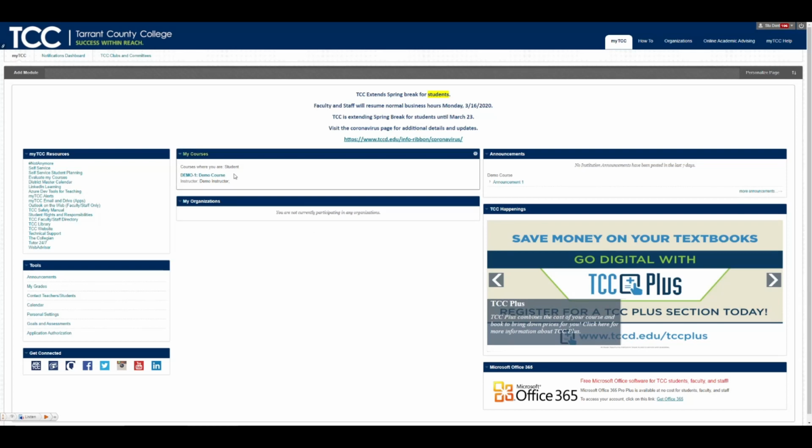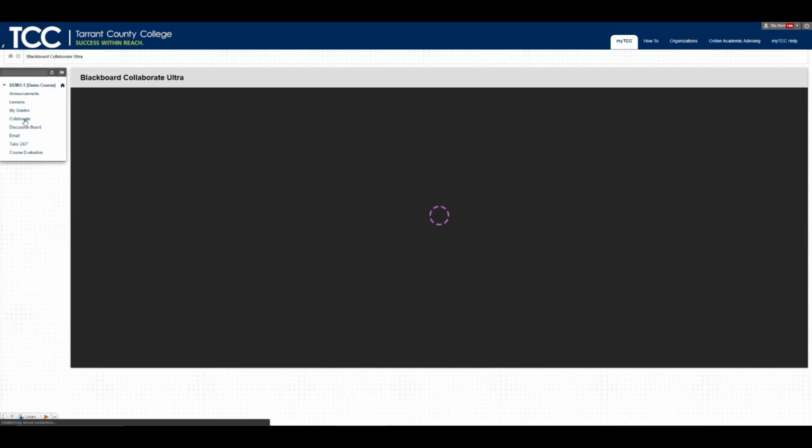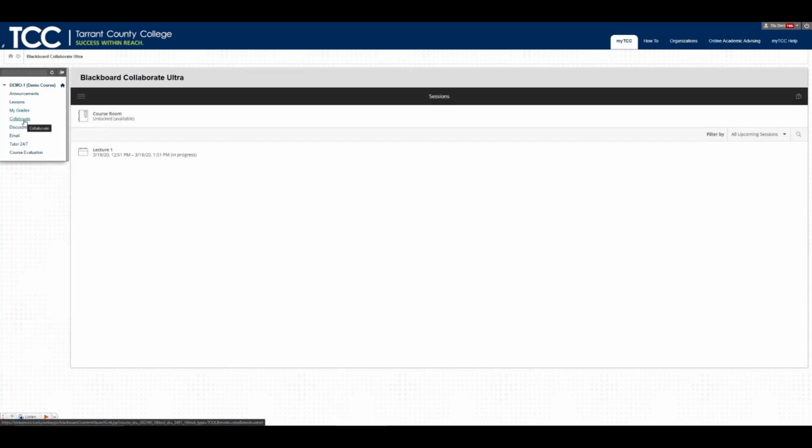So first I'm going to go into my course, and then I'm going to look in the course menu and I can see that there's a link called Collaborate. This link may be called Blackboard Collaborate Ultra, Collaborate, any number of things, but what you want to see is